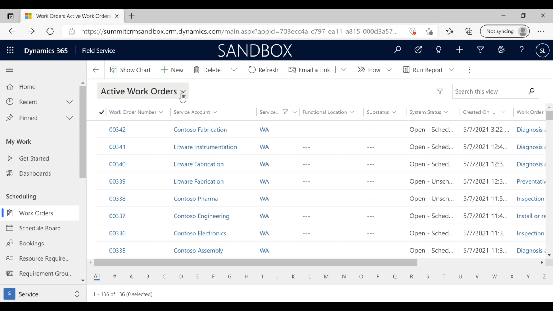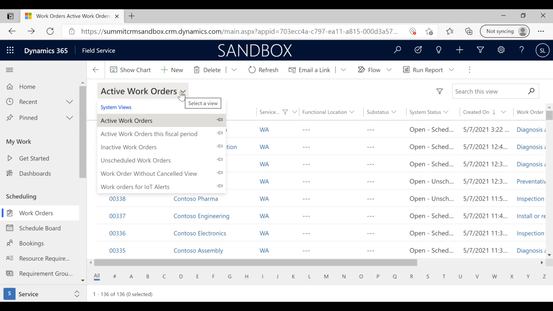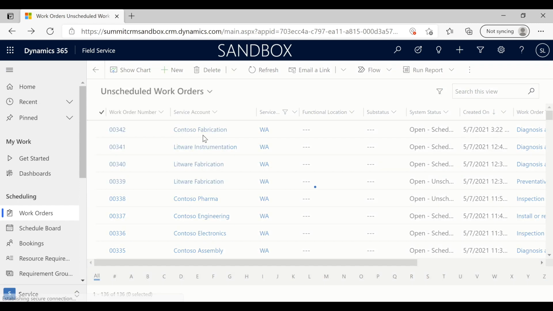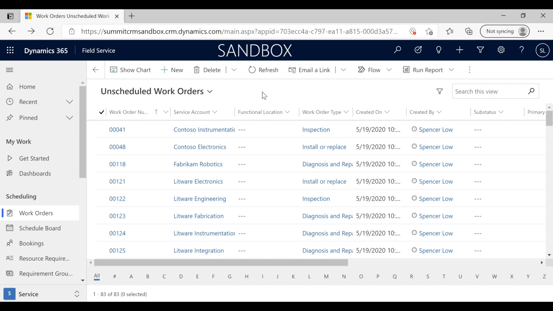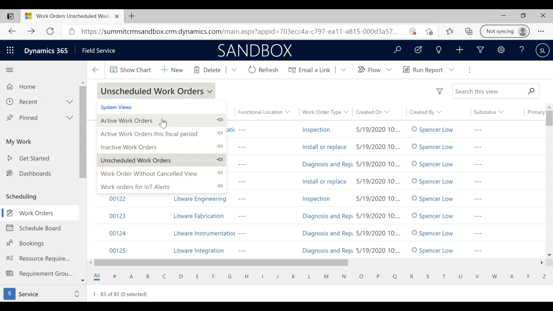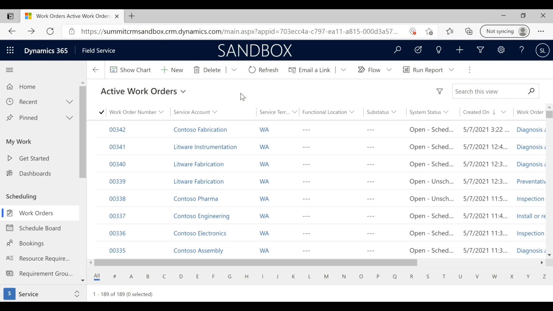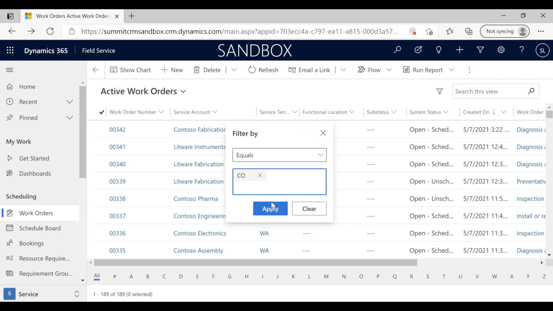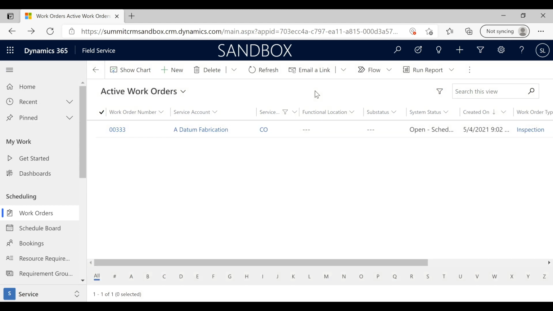To start out, I've got the basic work orders view up right now, and you can see how we can look at them. We've got some that are unscheduled, so we'll show you those and see how you can go through these. The person working in this particular screen, typically the customer service rep or dispatch, is fielding the calls. You can slice and dice these screens. Obviously, Field Service tends to be